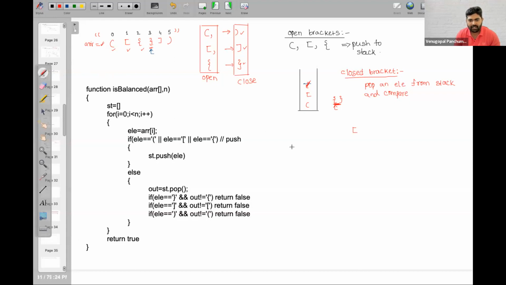Okay, maybe I will take and I'll explain. Now let me read this. First, i is equal to 0, which means i value is initially here. Element, if it is open bracket, yes, this is open bracket. I will push into the stack. Next, i value. Again, this is open bracket, so I will push it into the stack. Next, again, this is open bracket, so I will push to the stack. Now, next time when i is here, I will check: is it closed bracket? Yes, then control will go to the else case